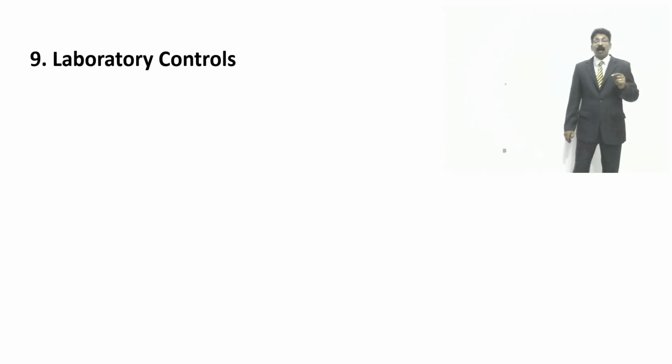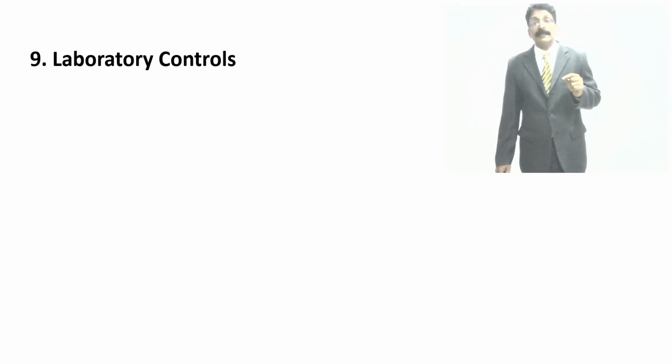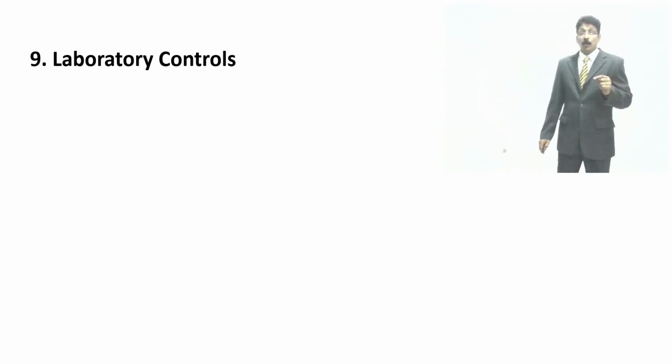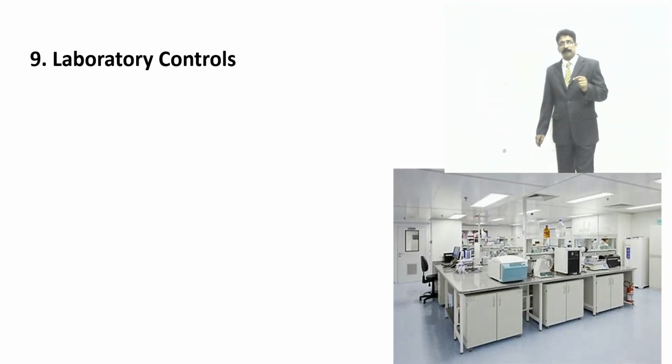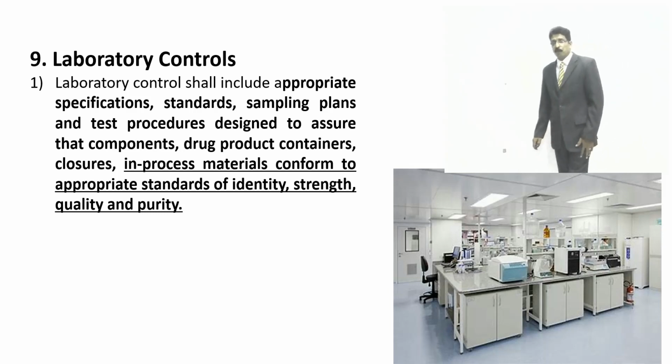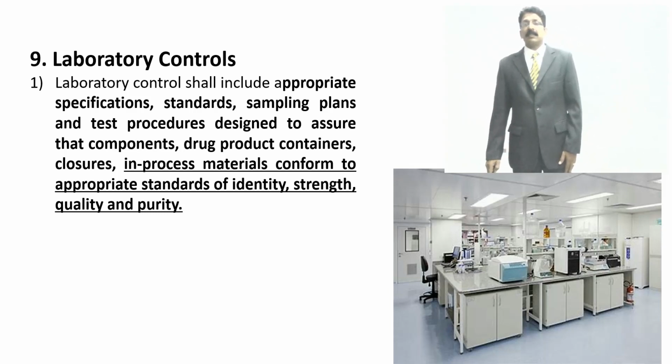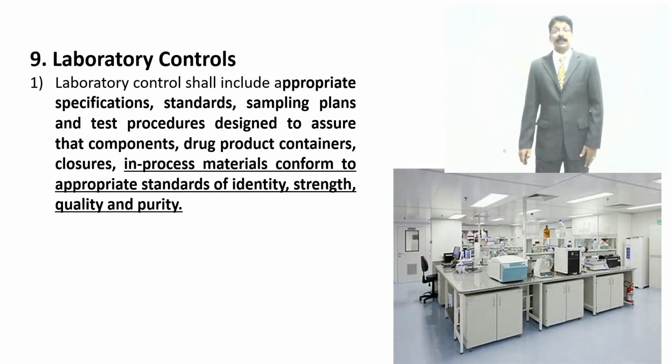Now we are coming to the 9th one about good manufacturing practice, laboratory control. We have also studied good laboratory practice separately. A lab should be fully equipped with all the instruments, and all the instrumental analysis will be kept in the quality control area. Laboratory control shall include appropriate specifications,